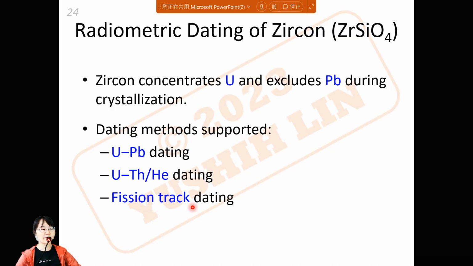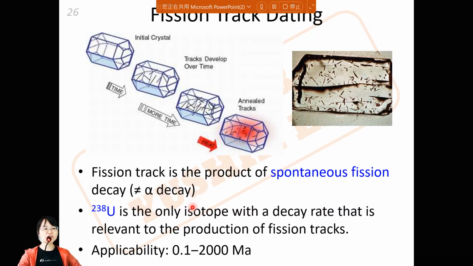And now I'm going to talk about the fission track. Fission track dating is quite often used in geoscience departments. We talk about nuclide fission when we talk about the chart of nuclides. During nuclide fission, the split of the nuclide will create some tracks. It will damage the crystal structure. This is the initial structure. When nuclear fission occurs, the nuclides will damage the crystal. So under a specific microscope, you can see this damage. And the number of tracks will increase over time.